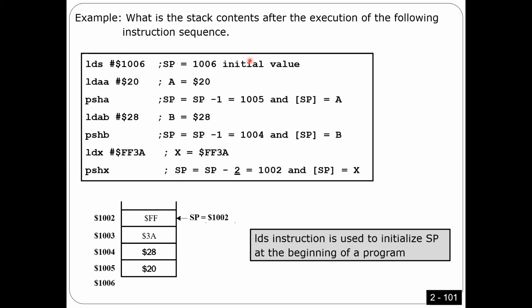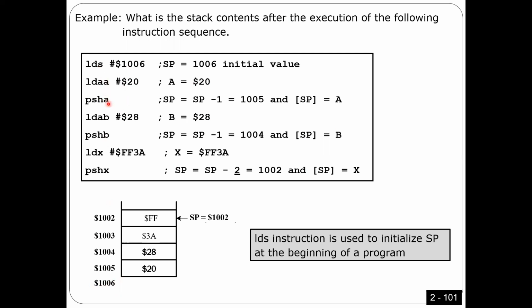But it's gonna give you some value, right? But logically, I should not push before I pull because the stack is empty, right? So anyway, now I'm gonna put number 20 in register A. So stack pointer in the very beginning, it was here, the very beginning at number 1006, guys, right? And now